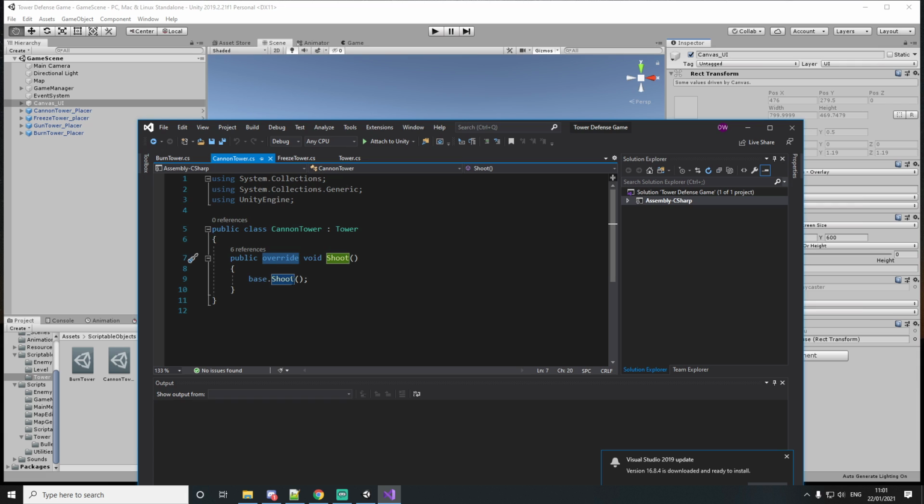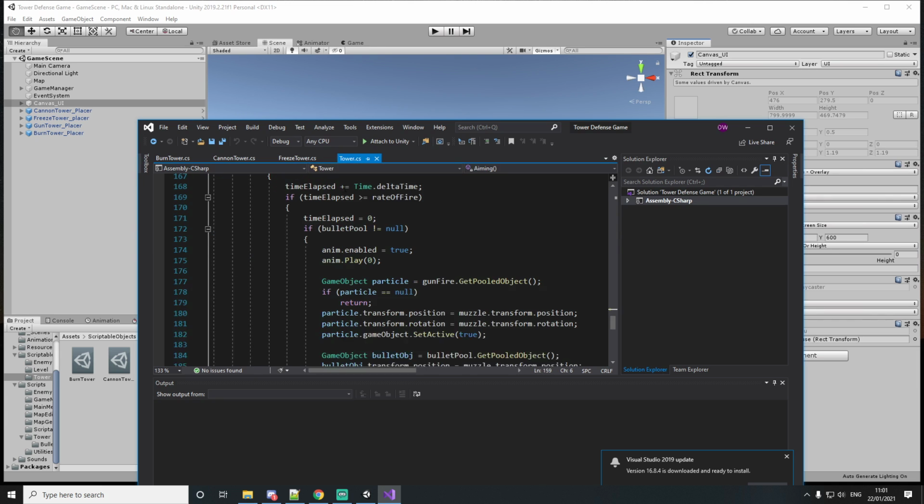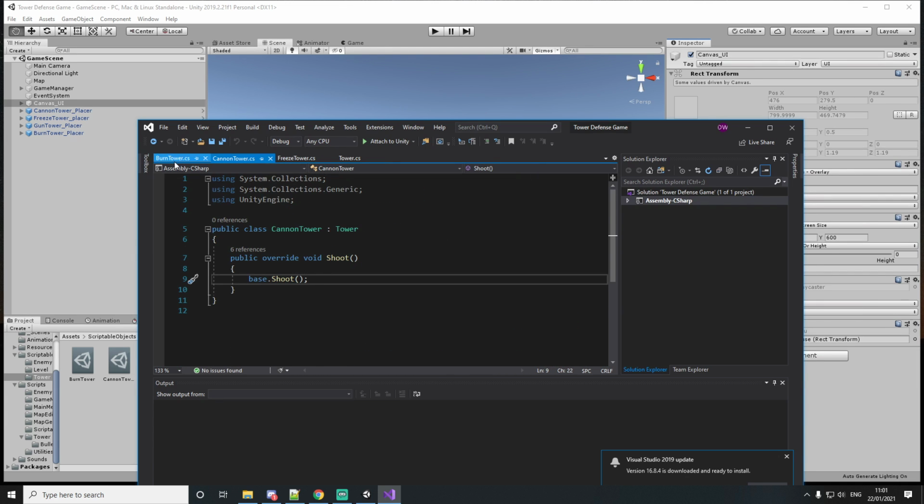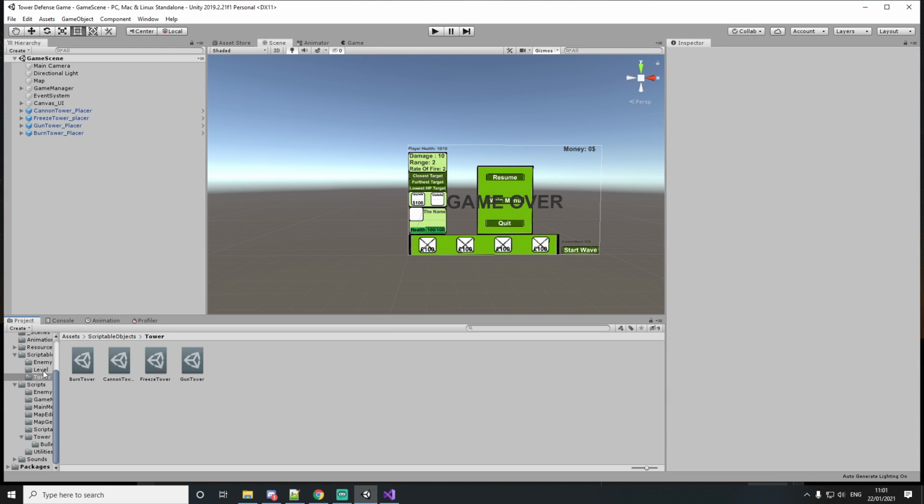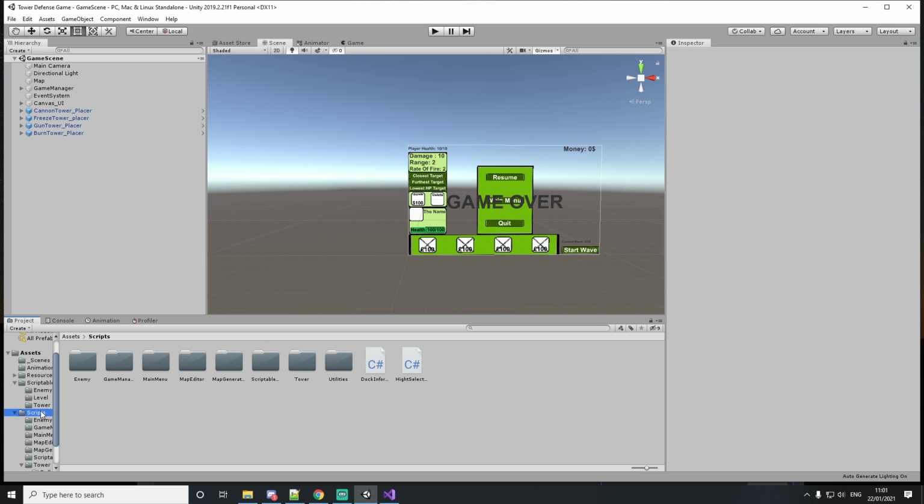So I still override it because I still want to have my individual tower class for later. But I use the base dot shoot. So what this does is it uses the base functionality of the tower only, and then if I want, I can actually add more code on top of that, which is something I also did for the bullet. So I can show you how that works. If we go into the,